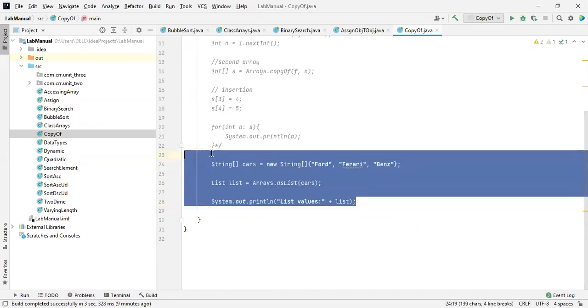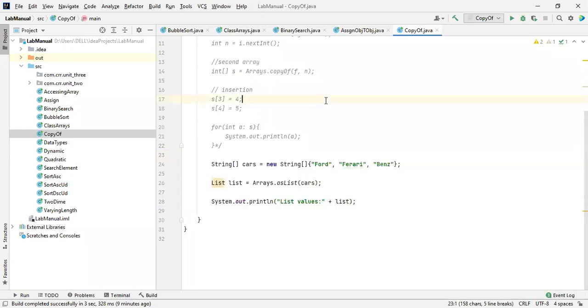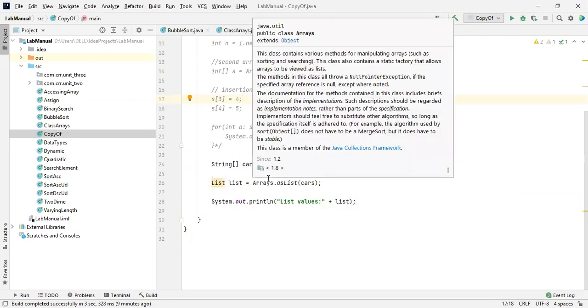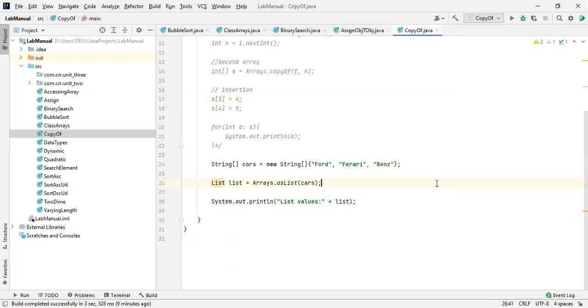So the methods, each and everything available inside the Arrays class, are very simple things. You just need to mention, if they ask to write about asList and the previous one, fill, all these things, just take a simple example. But for each and every method, you have to give a separate example. Okay, let me run this program.